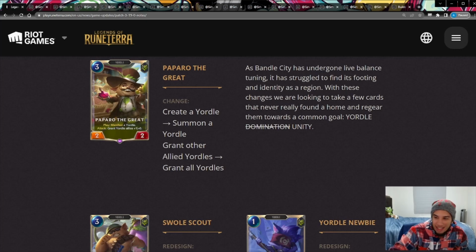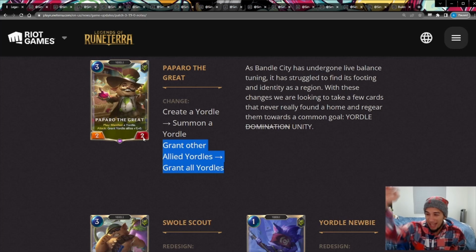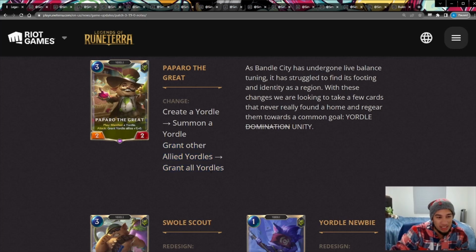Okay, regardless, it's a good buff, right? Now you get to choose which one of them to pick instead of being random. And if this actually buffs every Yodel by +1, then that's also pretty huge, right? Even if it's only happening once, because Paparo only has 2 health, so after he gets 1 attack, he's probably gonna die. But, or is this just...